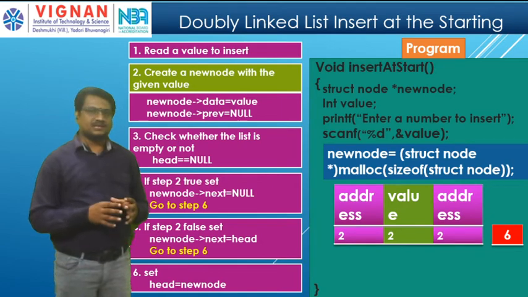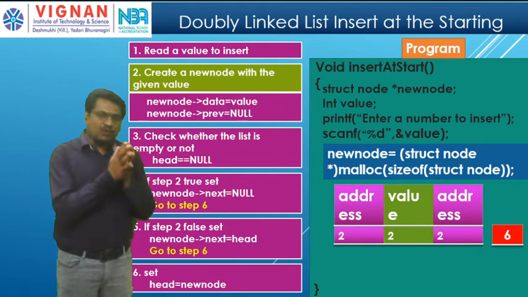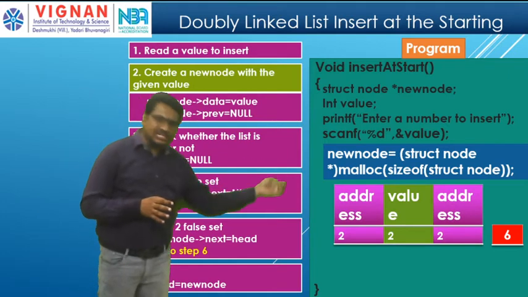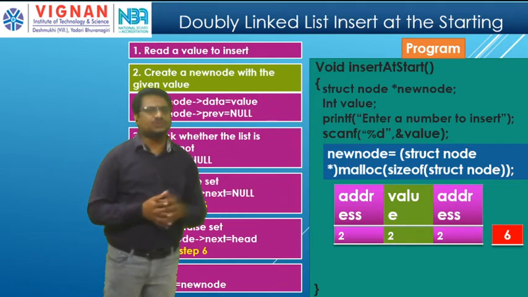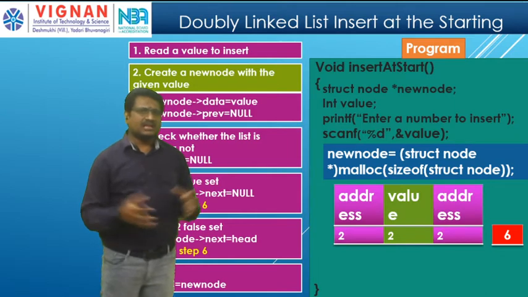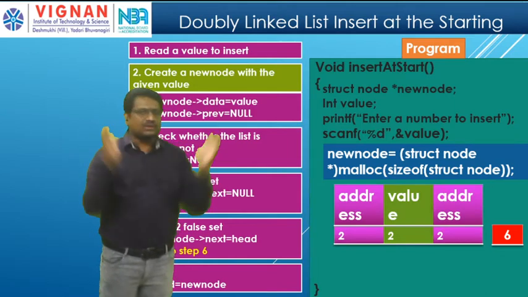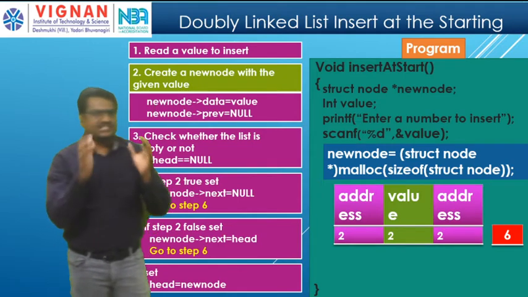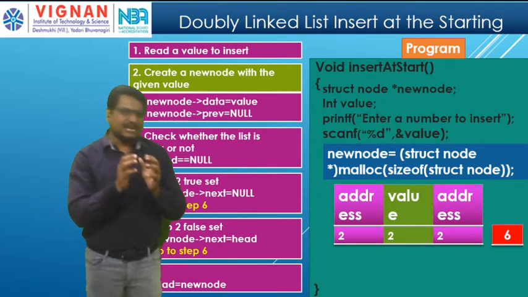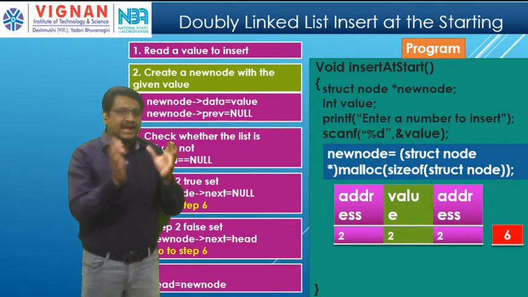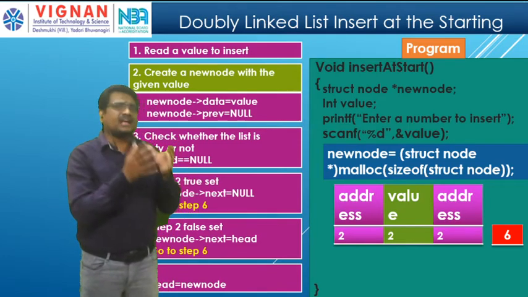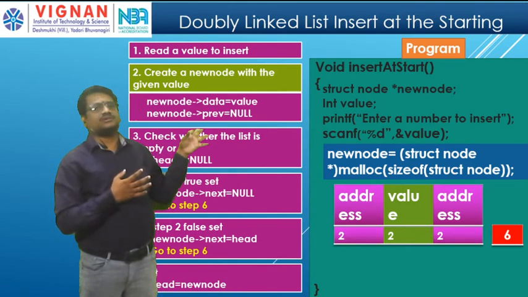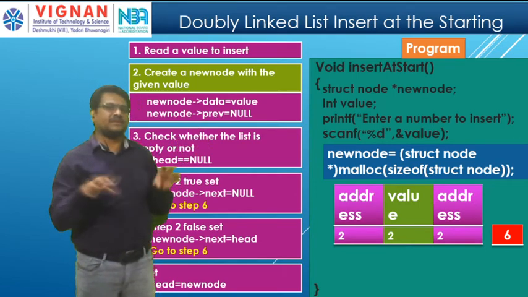So first it unites the required data: address needs 2, value needs 2, again address needs 2. So first malloc assumes how much data I need. So it requires 6 bytes of data. Now that 6 bytes will be divided according to our requirement. Now our requirement is structure node. So node should be in 3 parts, so it will be divided in 3 parts.